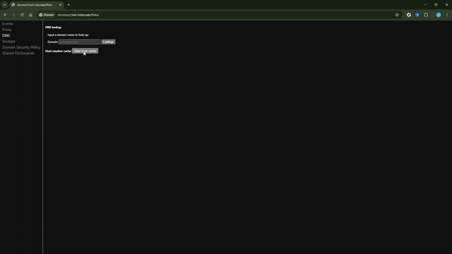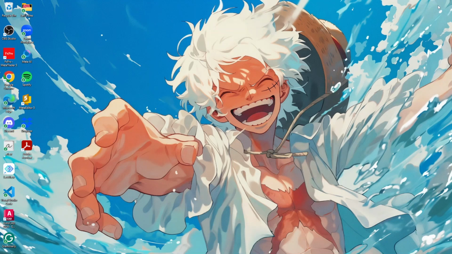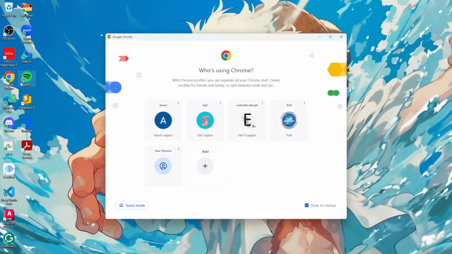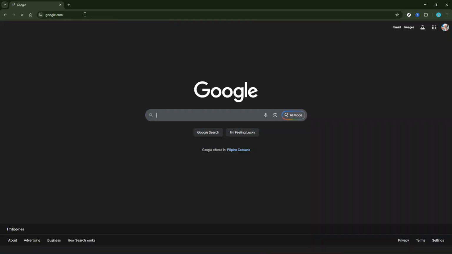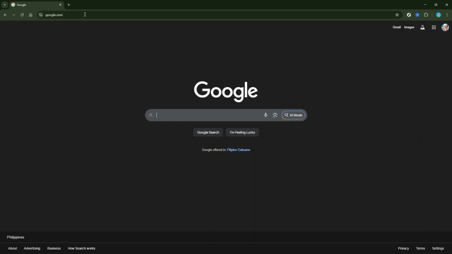information being displayed. Now that you've cleared the cache, the next step is to close and reopen Google Chrome. It's an important step because it ensures that the changes you just made in the settings take full effect. Simply click on the X in the corner of your browser window to close Chrome entirely. Then, open Chrome again in the usual way. This quick restart is essential to ensure that Chrome functions optimally with the updated DNS settings.